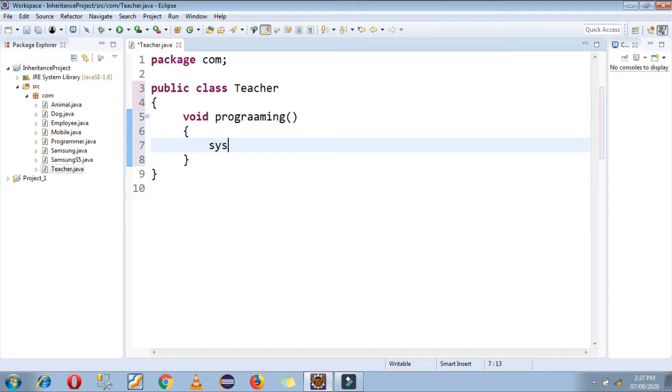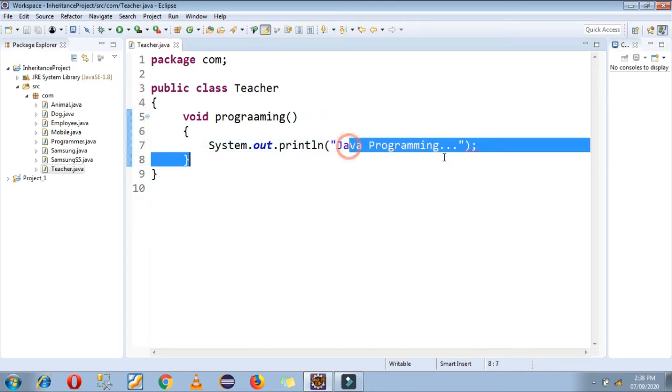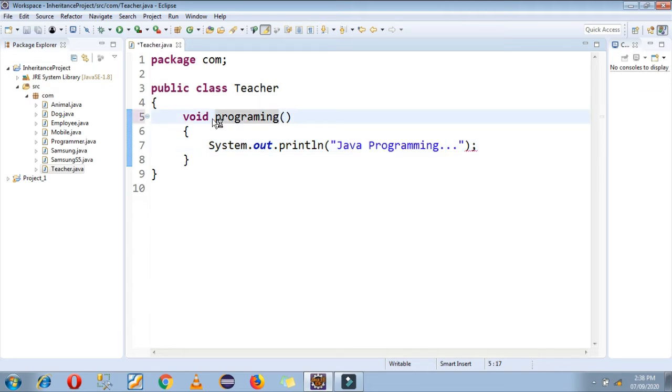In this I am just printing Java programming, one simple statement, and my function name is void programming.